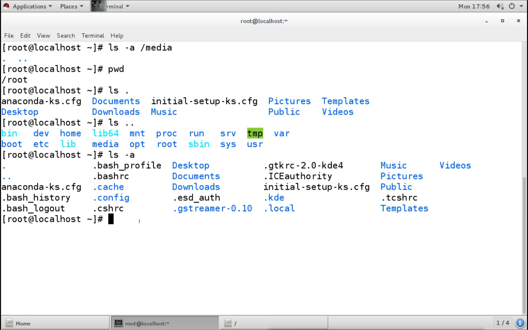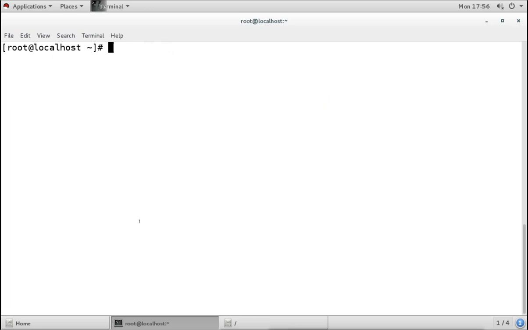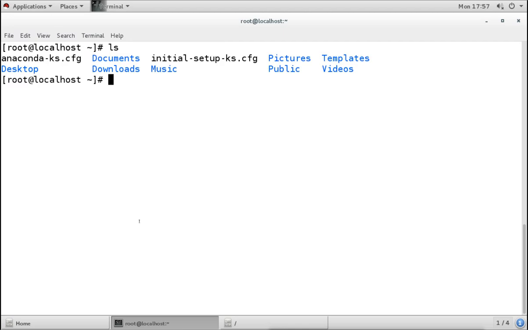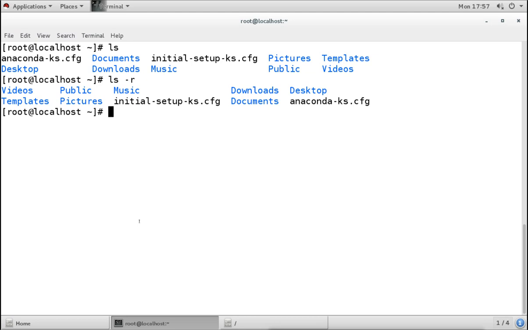Now we have also used one more option, -r. This is normal ls, and when we use -r, it does reverse order. What is the difference between normal ls and ls -r?